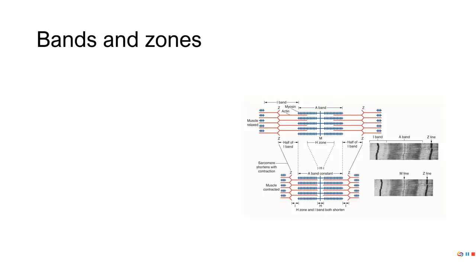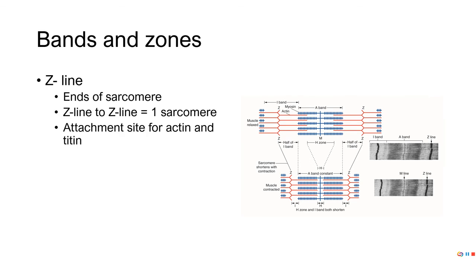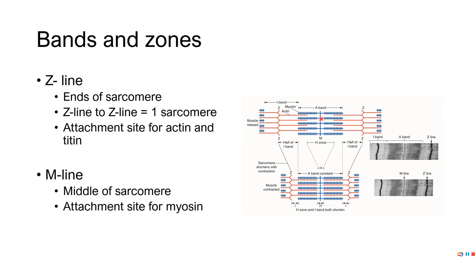Now, within a sarcomere, there are several bands and zones and lines and that sort of thing. Just to start off, we've got the Z line. We can see that here and here. The Z lines, or Z discs, are just the end of the sarcomere. One sarcomere goes from one Z line to the other. And this is where actin attaches. It's not shown on this picture here, but myosin is actually connected to the Z line via titin. Titin's very elastic, and we'll get into that a little bit later. And then you've got the M line, which is the middle of the sarcomere, which you've got here,